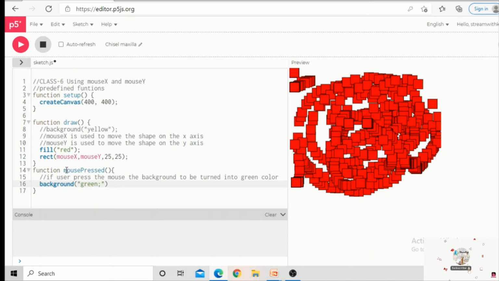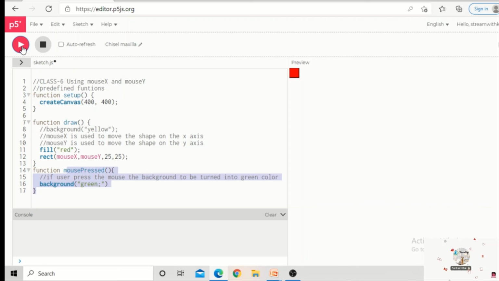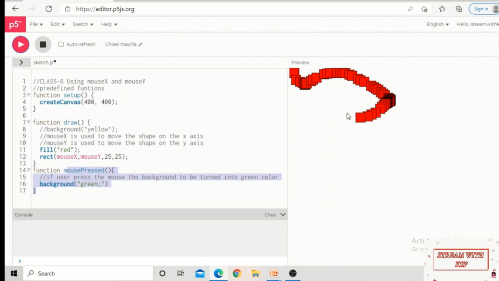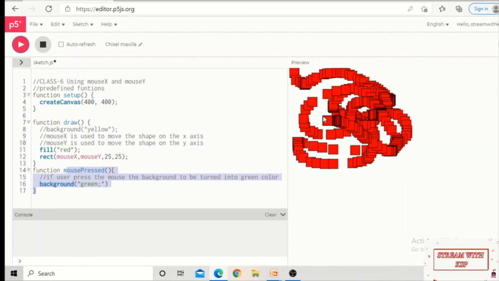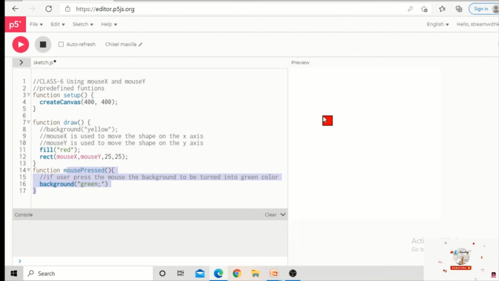Okay, so when someone clicks on the mouse, the cursor will come to this part and the background instruction is going to be executed. So let us check whether it is working or not. If I click on the play button, it is going to look like this, and I am going to draw some rectangles on the screen. And now you see I am going to click on the mouse button. Yeah, we have made a mistake here. There should not be a semicolon, right? That's why it is not executing.